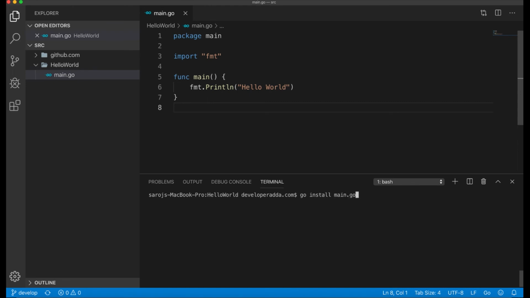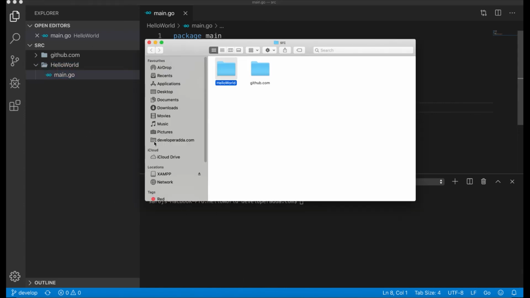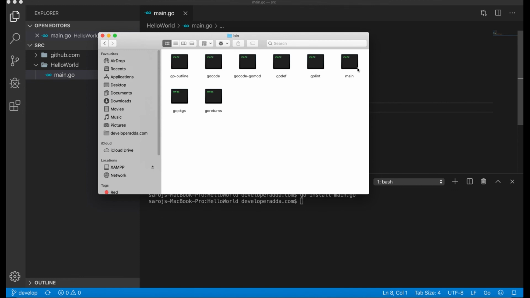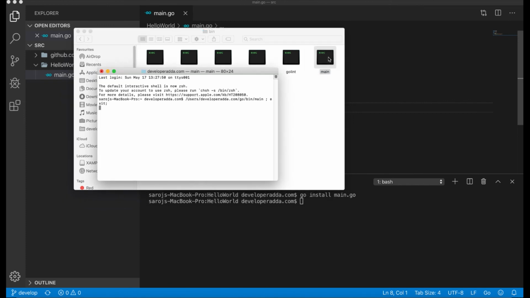It will create an executable file in the bin folder. Okay, let me check that one. Okay, we can see main, one executable file created in the bin directory, and we can execute this file anywhere.